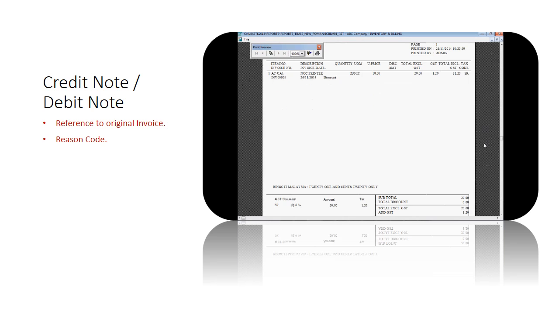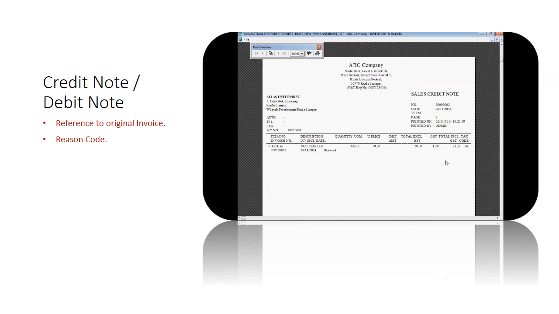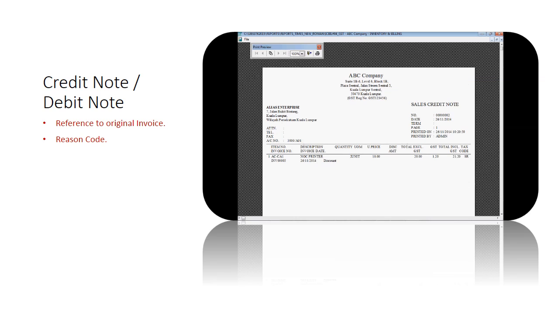Note on the printout, there is reference to the original invoice, invoice date and reason. The invoice format conforms to the standard requirements from JKDM as well. There you have it, the tax invoice and an example of an adjustment with a credit note. Simple and